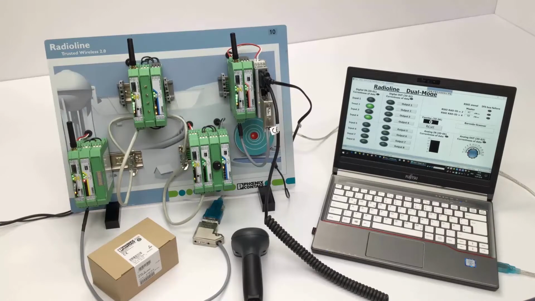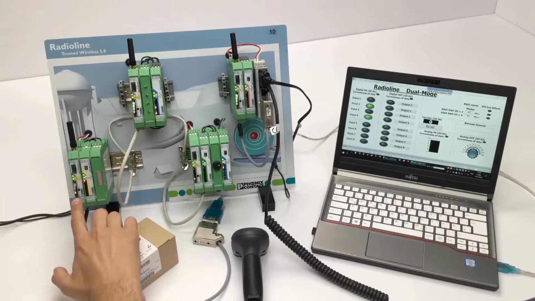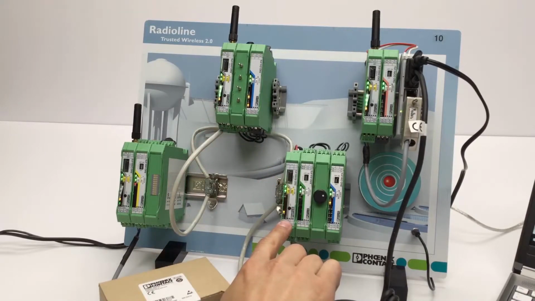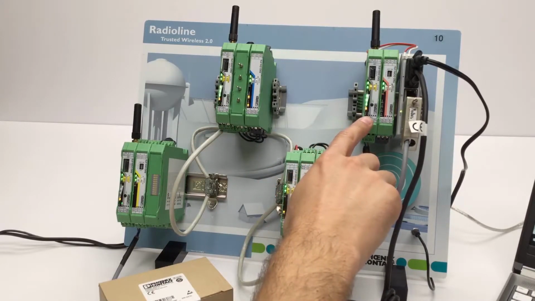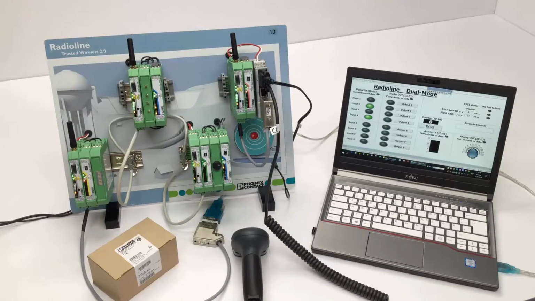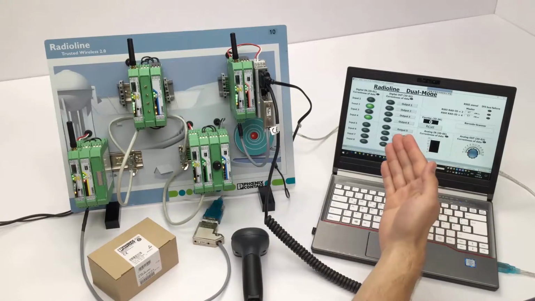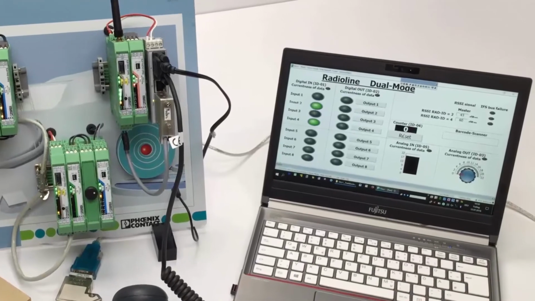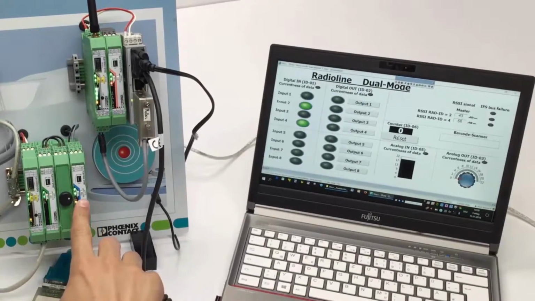The flashing RX-TX LEDs on the Radioline stations indicate communication on the serial interfaces. The software visualizes the states of the I/O modules on the screen. Addressing of the registers is the same as previously shown in the PLC Modbus RTU mode video. If you use the 8-channel digital input module with the I/O map addresses 06 in pulse counter mode, pulses up to 100 Hz can be detected.